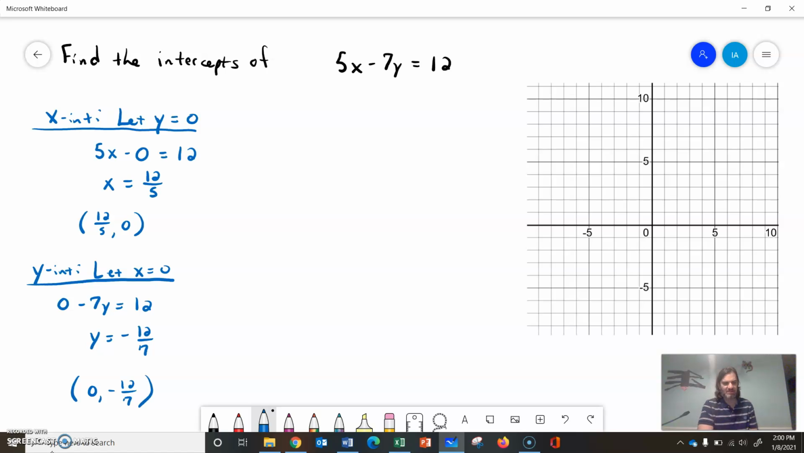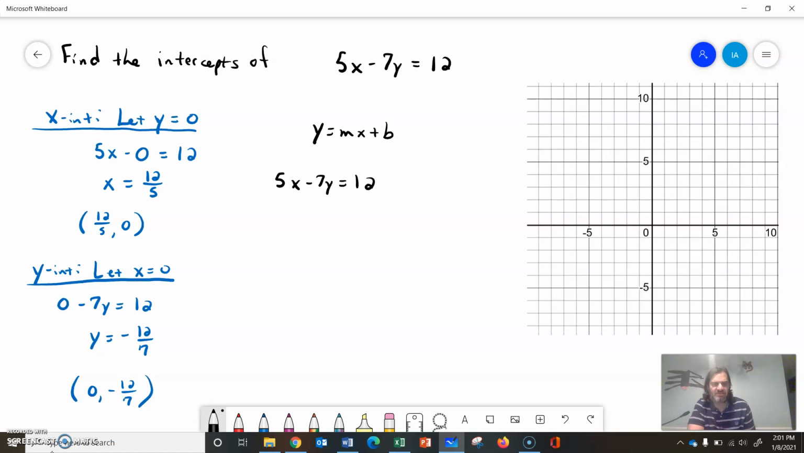Now these are points, not intervals. So those are our two intercepts that we were asked to find. Just to give you extra practice, if you're looking at this, maybe you have questions. Let's try and graph it by putting it in slope-intercept form, y equals mx plus b form. So from there, if that's what we're going to do,